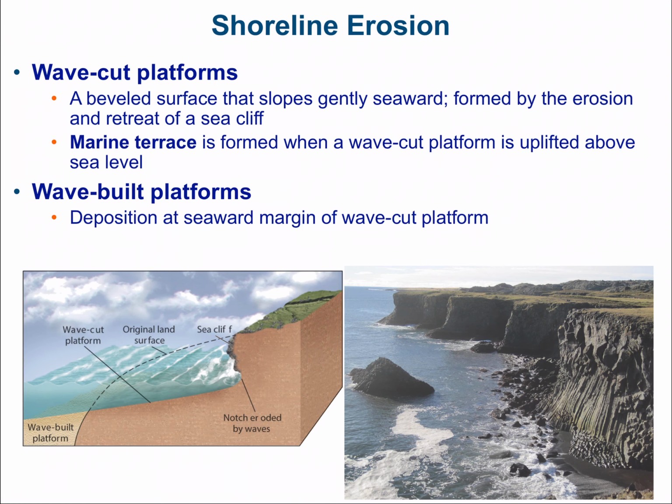Another feature of erosion is our wave-cut platform. So a wave-cut platform, as you can see in the picture on the left, is a beveled surface that slopes gently seaward. It is formed by the erosion and retreat of a sea cliff. We could also get a marine terrace being formed, and that is simply a wave-cut platform that's uplifted to above sea level. A wave-built platform, as shown in the picture on the left side, is when you have deposition at the seaward margin of your